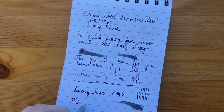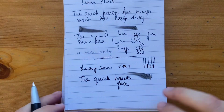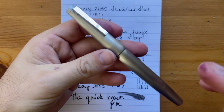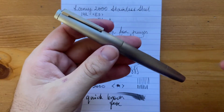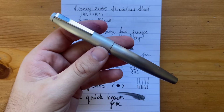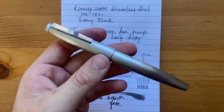This is Lamy Black also. But yes, super wet writer, super smooth writer, as is the extra fine here. I just find with the extra fine and in this particular pen body, it feels like a very luxurious writer, particularly for an everyday writer, and particularly the deal I was able to get,